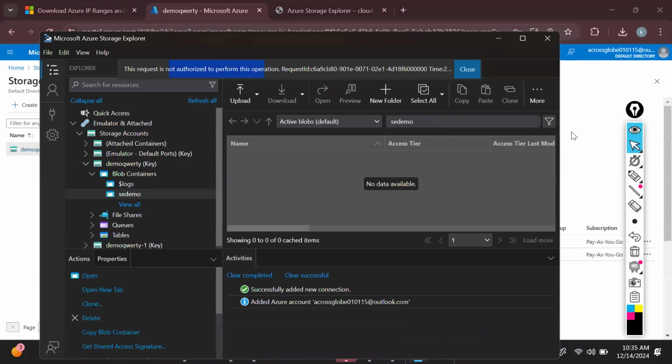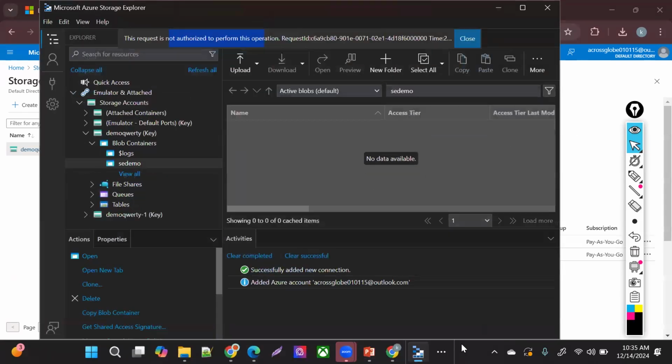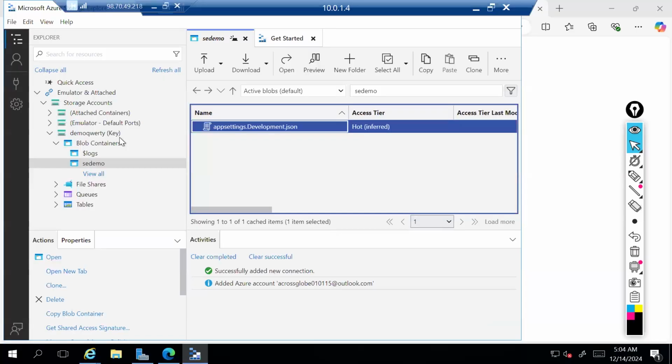But if I try to access it from the demo VM, the VM which has no public access, from there I'm able to access my storage account. How? This is going via the service endpoint. The traffic is not going over the internet, but via VNet communication, the most sophisticated way to access my storage account from my VNet, via the service endpoint.